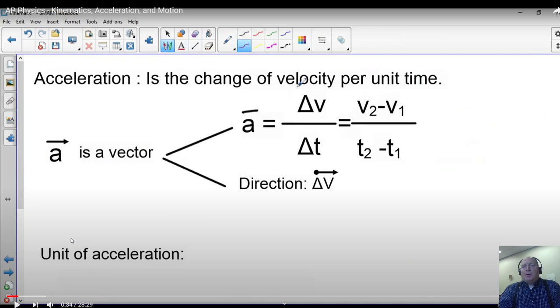So I just wanted to pause here because this little adjective here is something that I'm, I guess, not consistent with, right? So I think I've probably been heard to say it's the change of velocity per time or change of velocity with time. And so this per unit time is another way of saying in 1 second, right? Like how much in the next second, how much did your velocity change? And of course, the problem with saying it that way